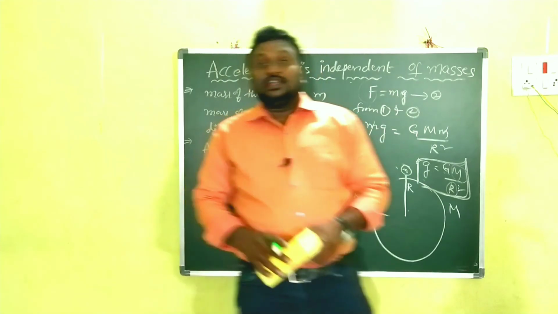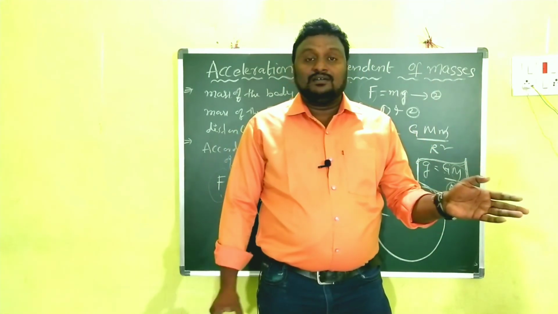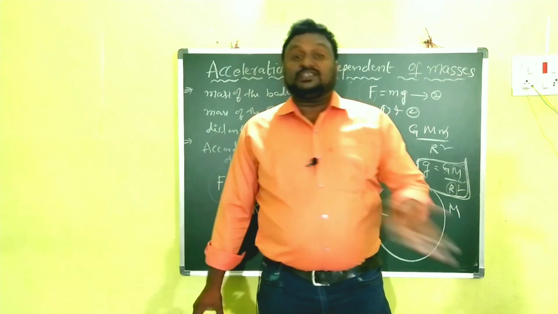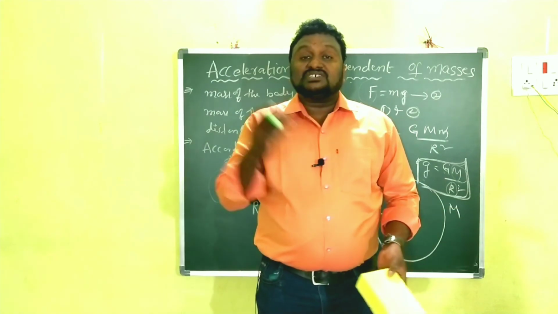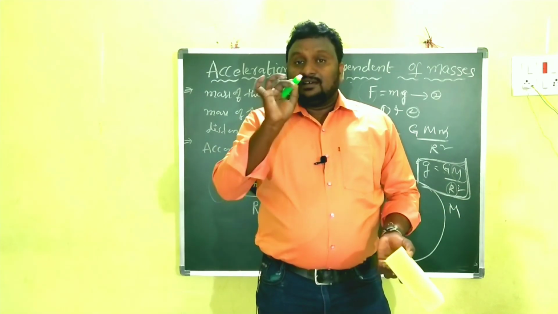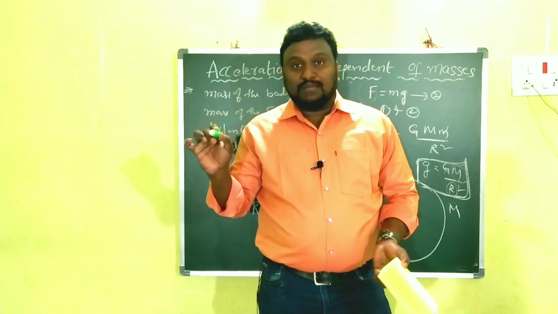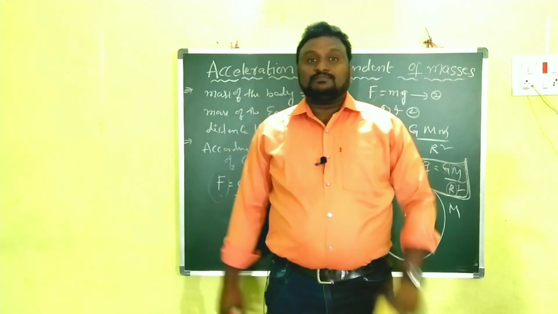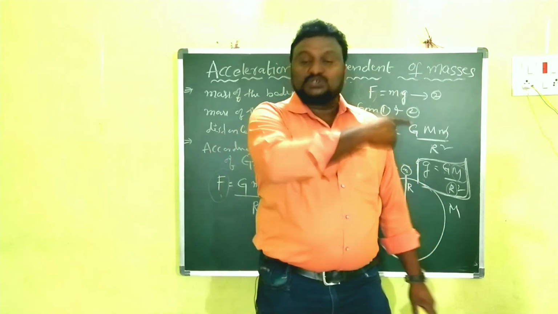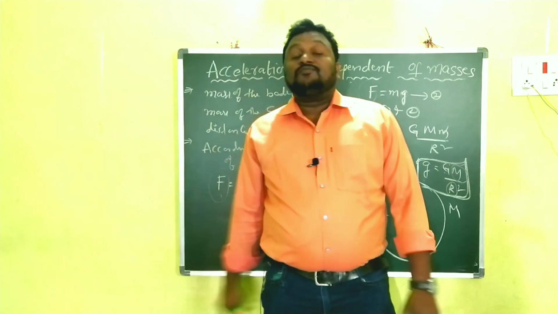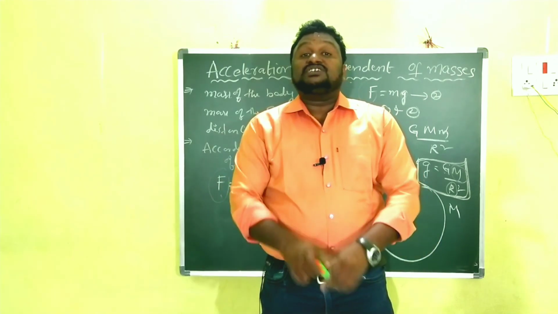That's why, children, if you drop a 1 kg body and a 2 kg body from the same height, both are free acceleration bodies, that is, freely falling bodies. Here mass is not considered. The g value depends only upon capital G and capital M, not upon small m. That's why even if it is 100 kg or 1 gram, if they are dropped from the same height, they will reach the ground simultaneously, and both are considered freely falling bodies. In this way we can prove that small g is independent of mass.